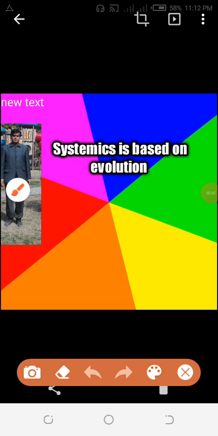Systemic, you are watching. The classification which is based upon evolution, that is the systemic classification. What is evolution? Each animal and plant develops some changes with the passage of time, as the habitat changes, as the external surrounding changes, as the feed and diet change. All animals and plants develop some modifications, and these modifications are good, they are not bad for that living thing. The reason is just to regulate the body according to the surrounding.